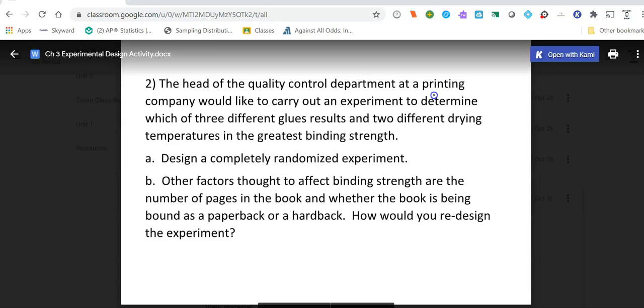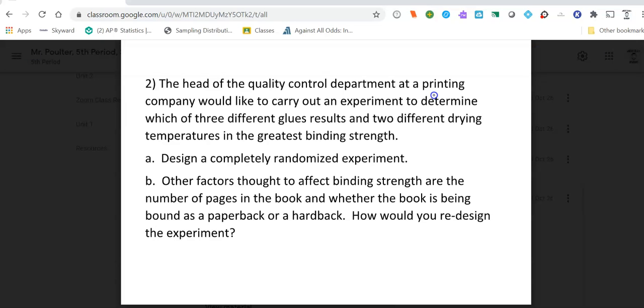That's a terrible typo. Which of 3 different glues and 2 different drying temperatures result in the greatest binding strength, right? This result there. So first, design a completely randomized experiment. Okay, so in this one, we have 2 different treatments, right? We have one treatment where it's the different glues, and we have one treatment where it's the